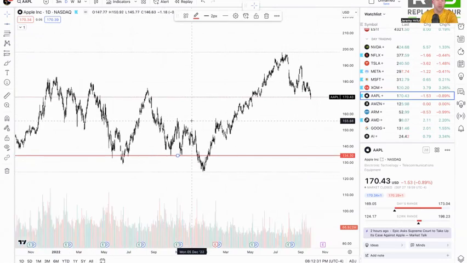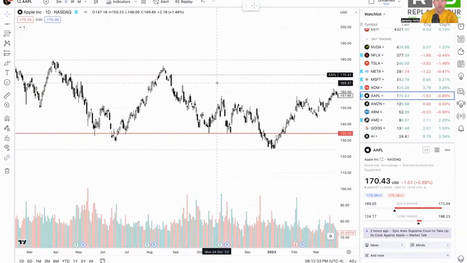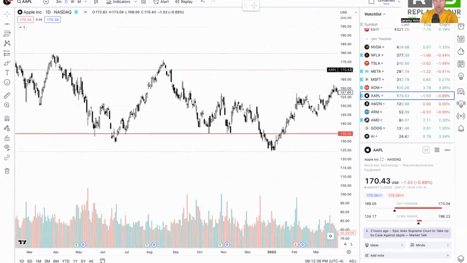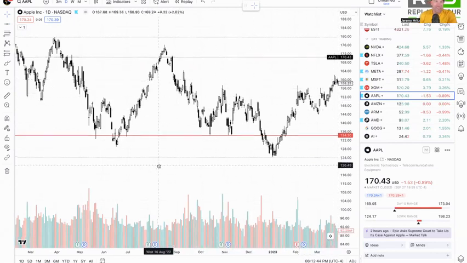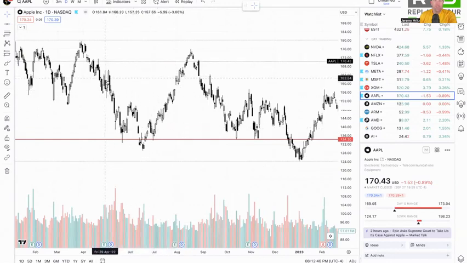Okay. And what I want you to notice, if I zoom in a little bit, again, we're looking at a daily chart on Apple. Everybody should know what Apple is. I have my Apple iPhone right here. There might be some Android users out there, right? But support is where a stock stops moving to the downside and then it bounces, right? So we see Apple here. It's moving down, moving down. People are panicking. Oh, my Lord, it's going to go to zero. Apple's going bankrupt. Boom, it bounces higher,